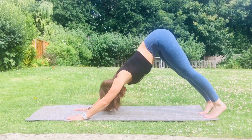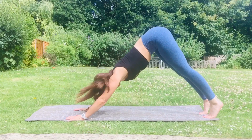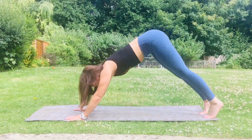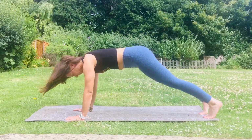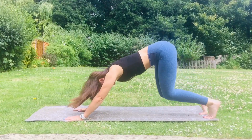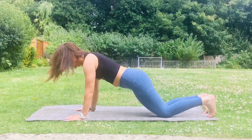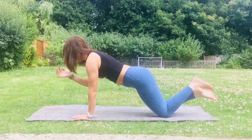Down dog, spine is nice and long, knee hover, plank. And again, down dog, knee hover and plank. Down dog, knee hover and plank. And down dog, knee hover, tummy muscles are in, and plank. Drop the knees. Going to go into shoulder taps, so knees back behind the hips, cross the ankles, tap the